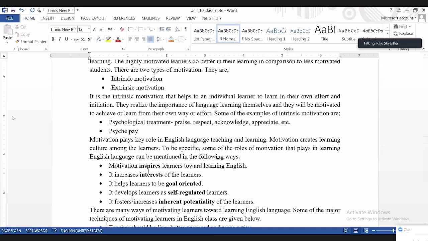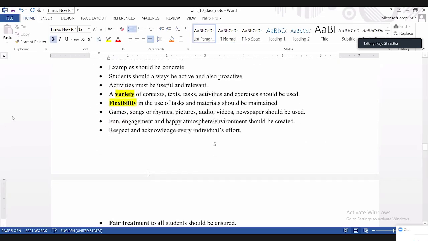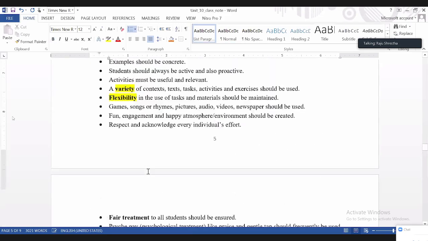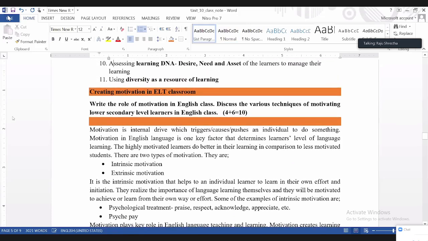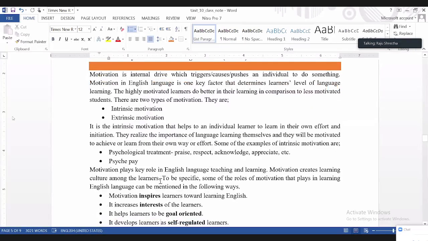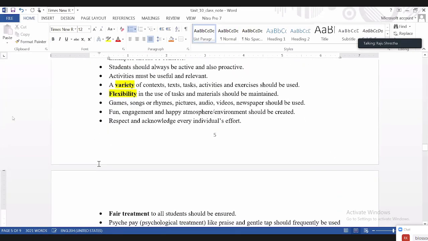So there are many ways of motivating. In this way, the answer can be written like this. So you try it. Just a few sentences about motivation, and then we talk about some roles of motivation like this and the ways of motivating students. Finally,